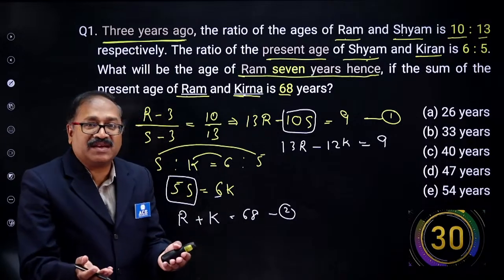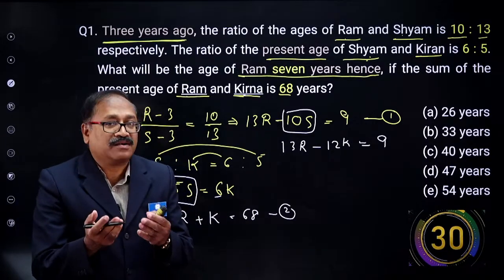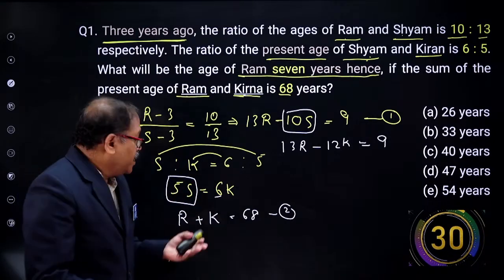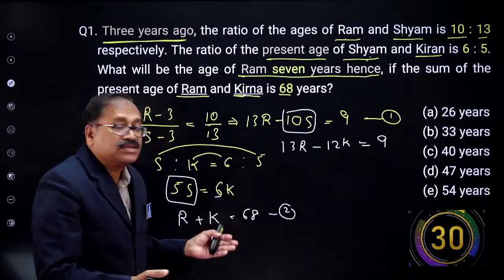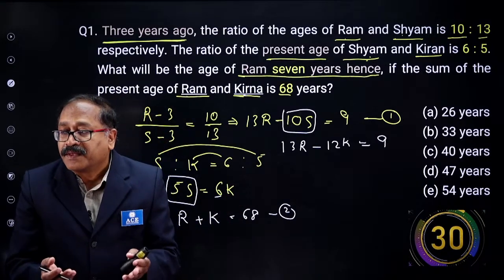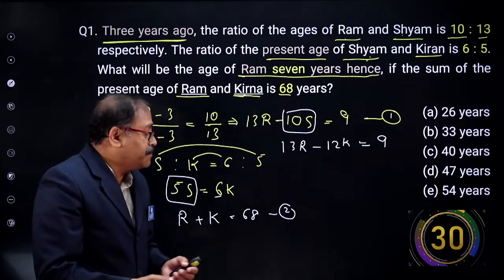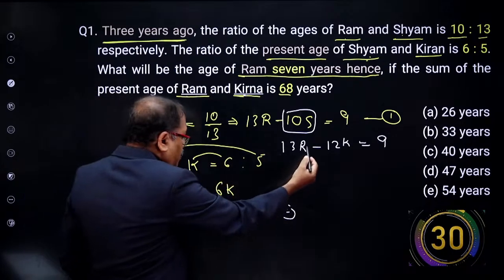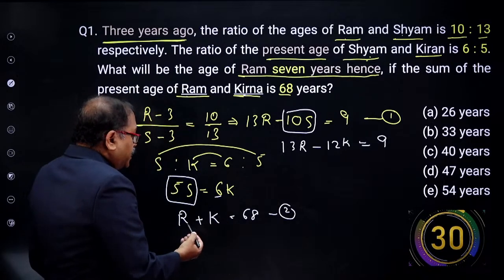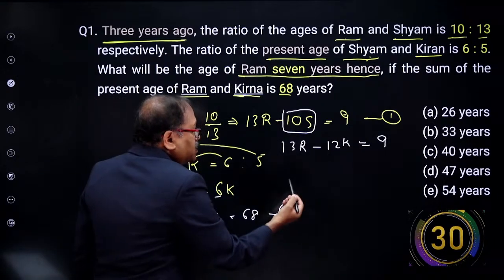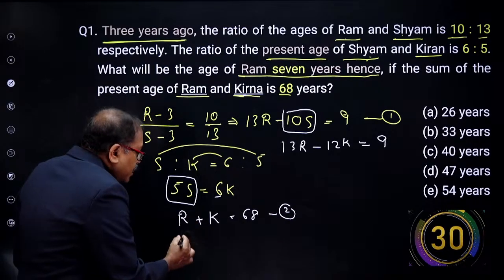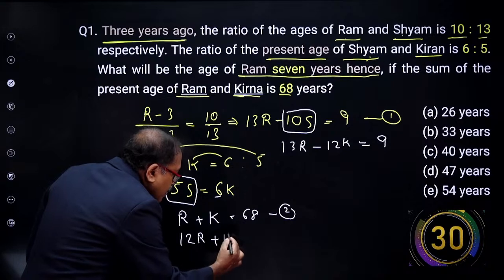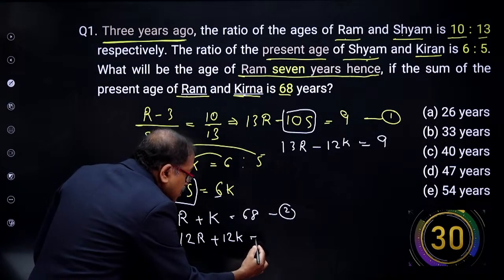So now, my young friend, this problem on ages is a very important topic. Now you have these 2 equations. You can solve them and answer the question. For that, what I am going to do: you already know this part. This is plus k and this is minus k. So if I multiply this by 12, I get 12r plus 12k, which is equal to, multiply